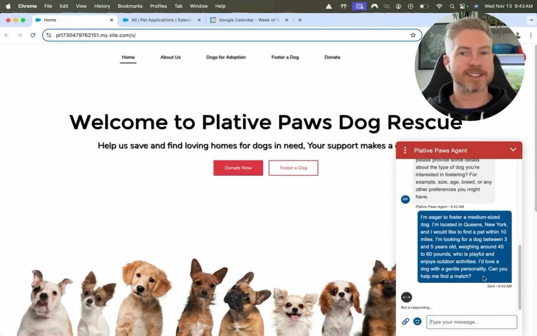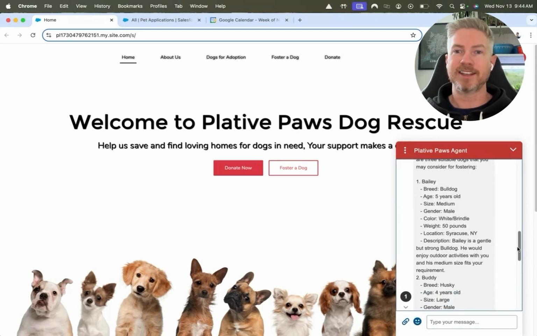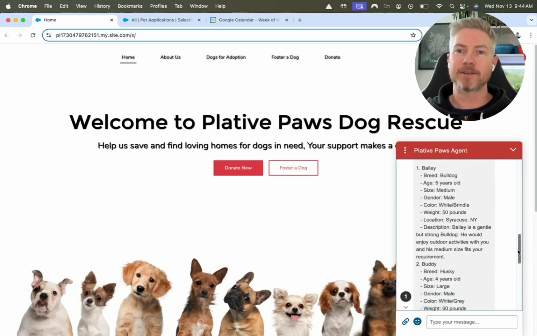And one of the great advantages of Agentforce versus a hard-coded bot is that it has the ability to think kind of outside of the box and to do some sort of fuzzy matching with these parameters. So it doesn't necessarily need to meet all of these parameters, but it's going to comb our database and think, all right, what are some possible options for pets that meet some of these needs or meet some of these preferences? Amazing. So it's gone ahead and looked at the database and said, based on your preferences, we've got